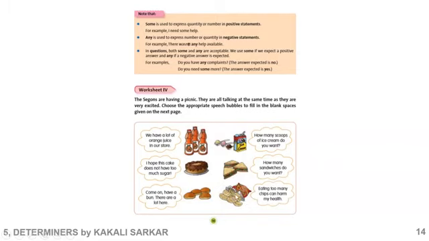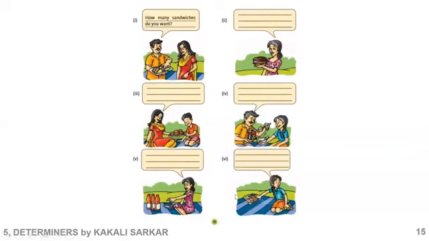The same food items you will see in the next page. See, with the pictures, food items are here. In this first picture you can see in the tray sandwiches are written, and the same thing in the previous page which you have seen, that only you have to write. So what you will write against the sandwich: how many sandwiches do you want? Moving to the second picture, carrying a cake.